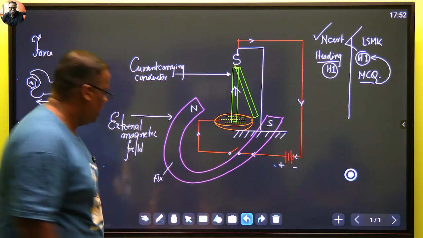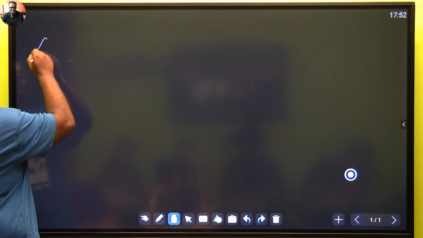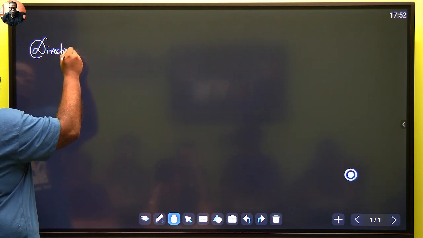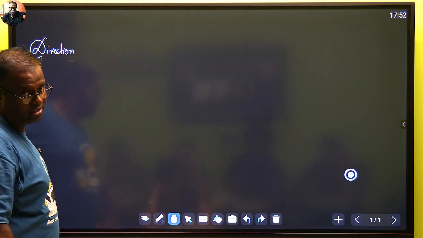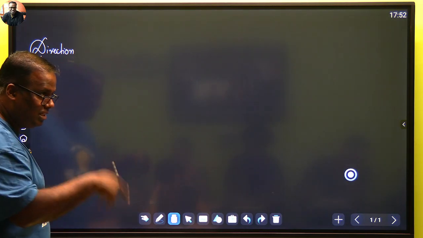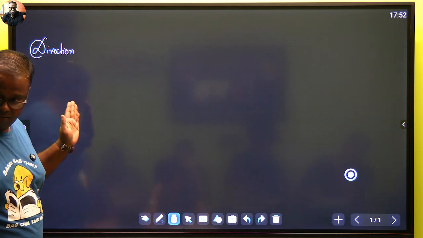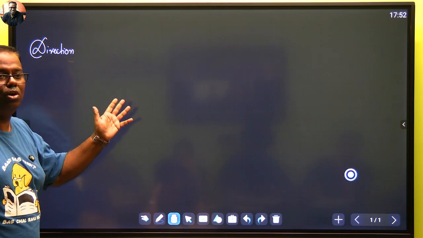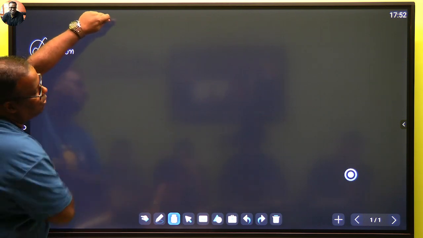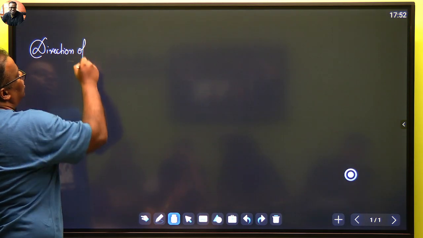Right. चलिए अब next topic समझते हैं, that the direction, because if this can be understood by human beings, then they have another new finding, that they can create a force. They know the direction of the force. They can increase the intensity, decrease, that we know. But once you know the direction, then you can make it again a slave. And then you can introduce a torque. For a force, we can always introduce a torque. एक जगह पे बांधो और एक जगह फोर्स लगाओ, बस घूमना स्टार्ट कर जाएगा. सो डायरेक्शन ऑफ फोर्स